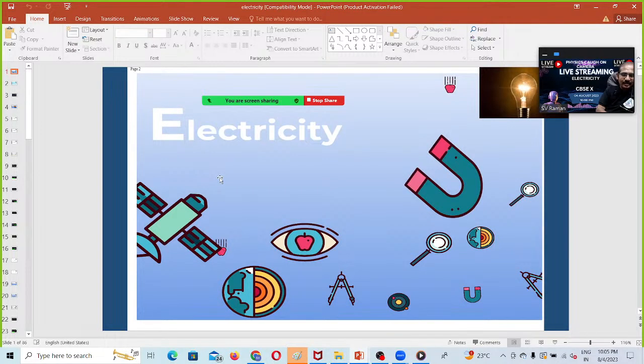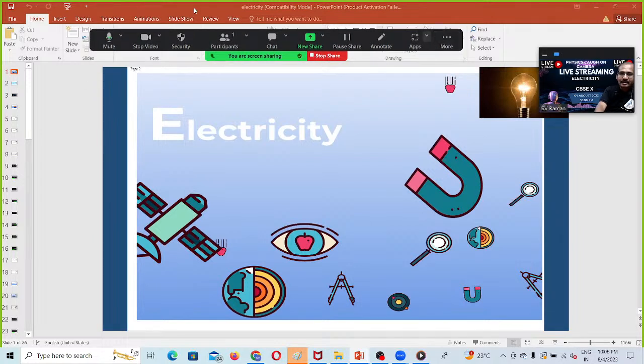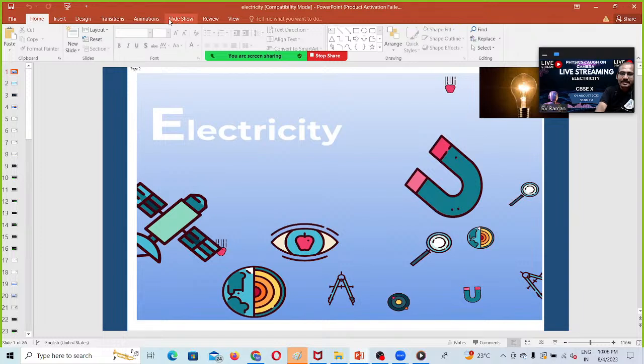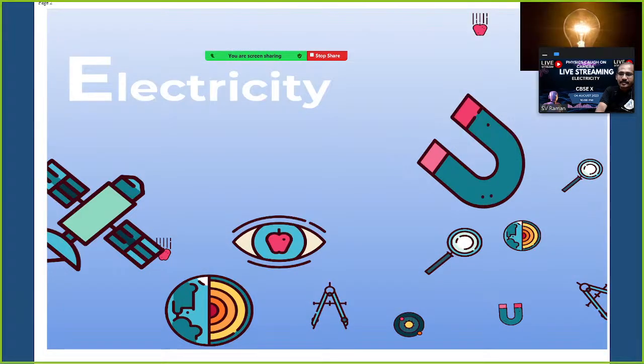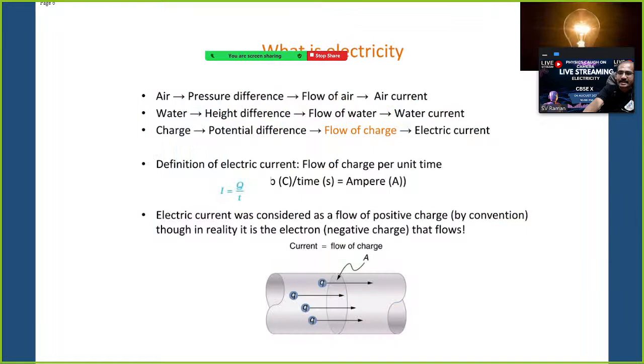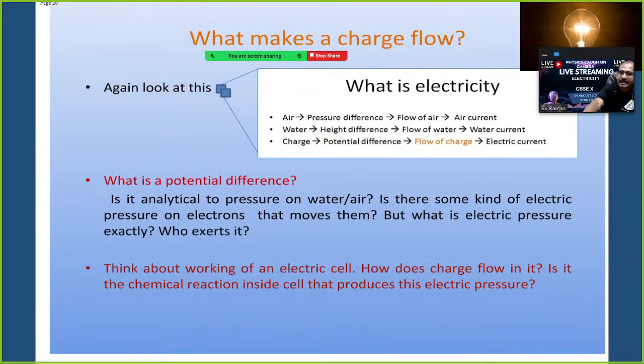Last class, electricity, we discussed what is electricity, electric current, electric potential, then resistance, Ohm's law, then what resistance depends upon, and resistance in series and parallel. So these chapters we have studied, and each and every subchapter,